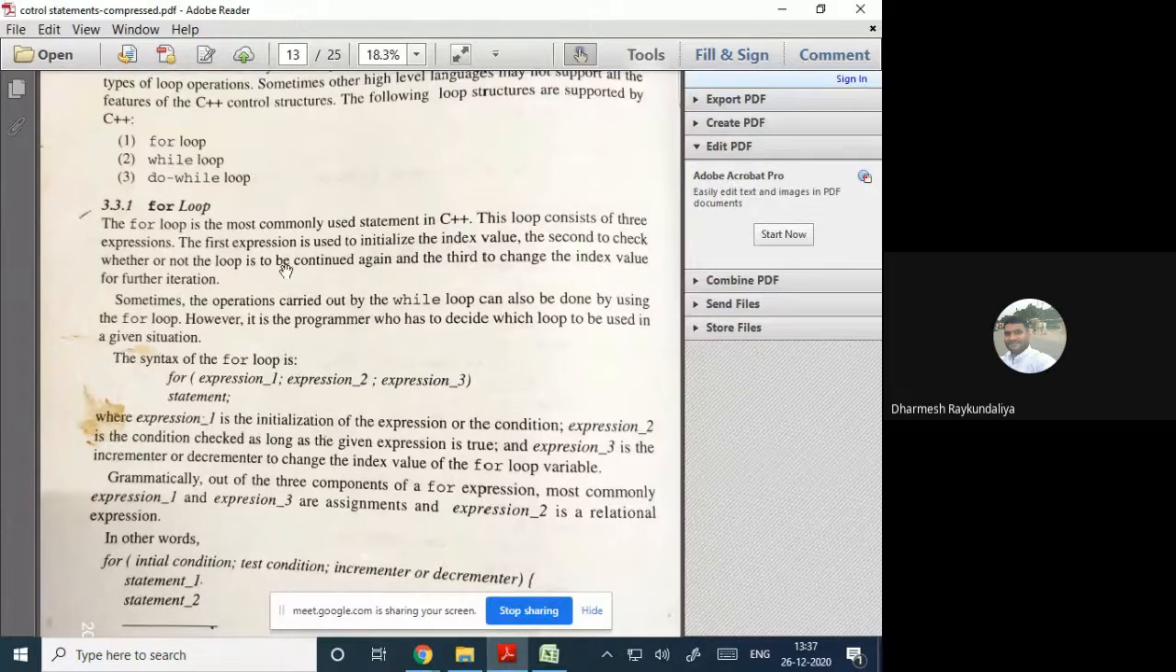The for loop is the most commonly used statement in C++. This loop consists of three expressions. The first expression is used to initialize the index value. The second expression is used to check whether or not the loop is to be continued again. And the third is used to change the index value for the further iterations. The general syntax of the for loop is